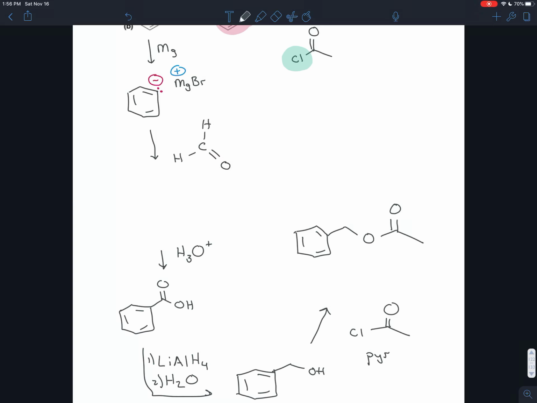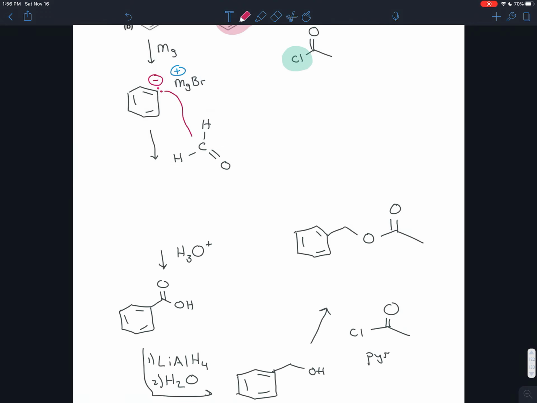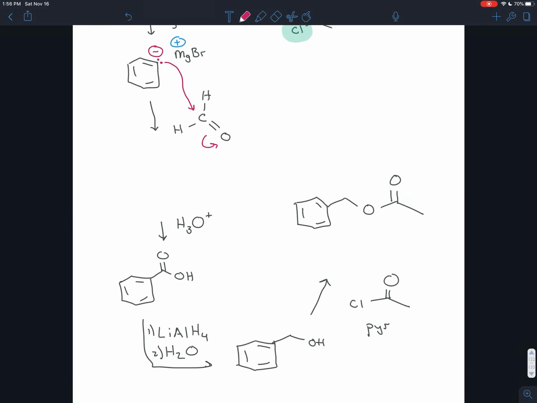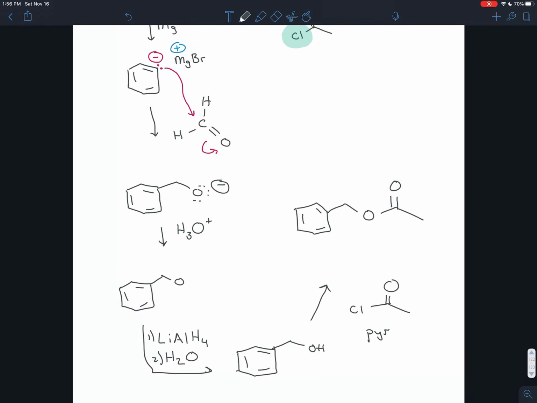It requires you to recall a little bit from the previous chapter on aldehydes, but that can attack that, burst the pi bond open, and in that case, we really just have that there. And so we can treat that with water or acid, and that would give us our